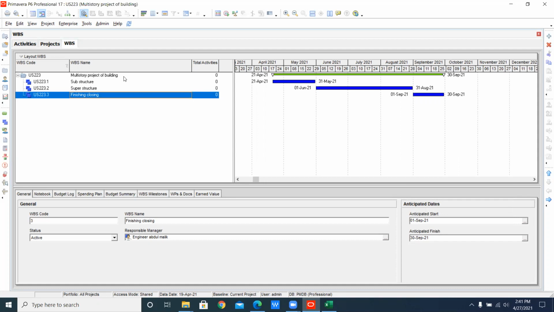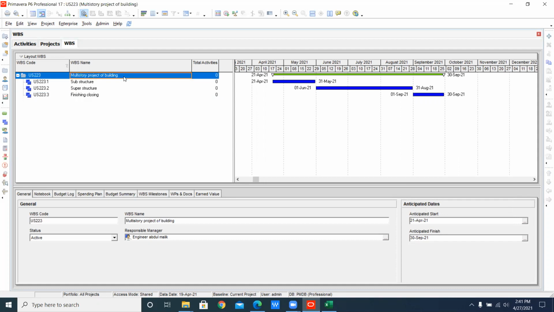What is the effect on Primavera P6 by adding time, by adding more resources? I will show you in the activity. But remember that this WBS chart and this WBS bar is just an anticipation.